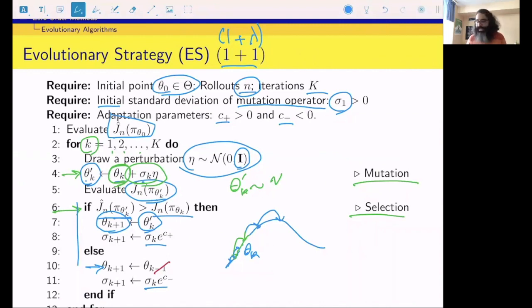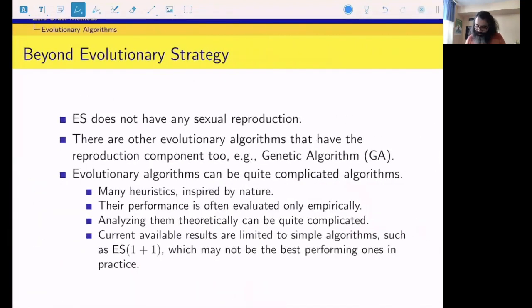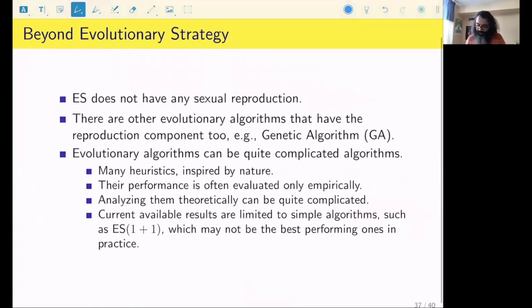And then that property that I mentioned might disappear. Okay, so